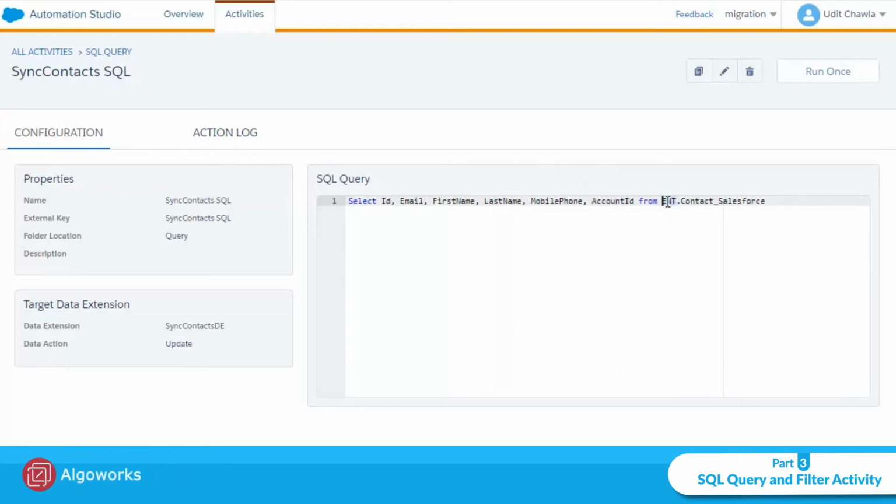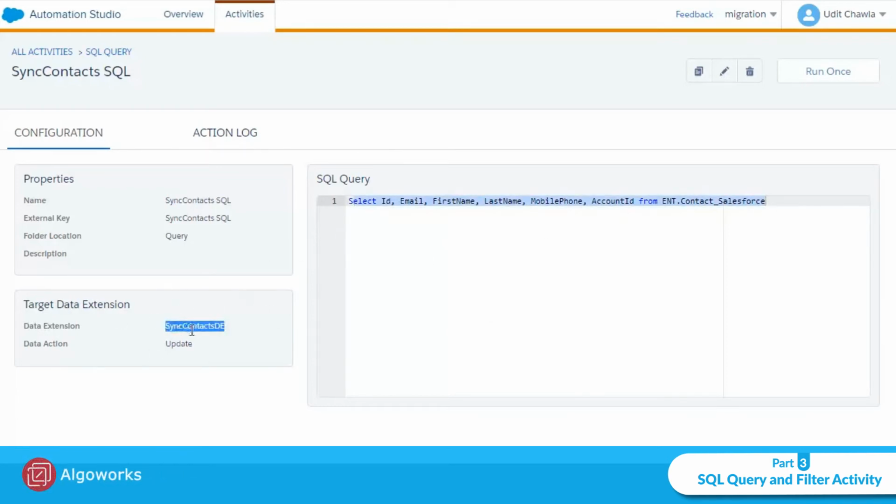As you can see, I have already used the ent prefix over here because the business unit which I am currently in is at the child level. If we want to access synchronized data extensions which are present at the parent level, we have to use the ent prefix before the name of the data extension. And then the third part is to provide the target data extension, where these records are going to be saved.